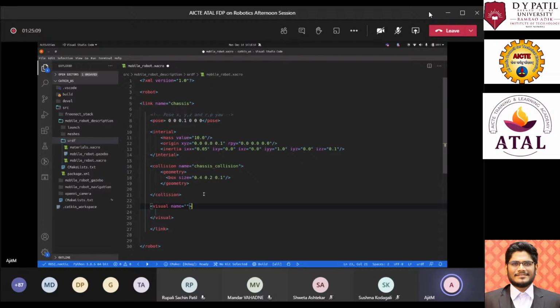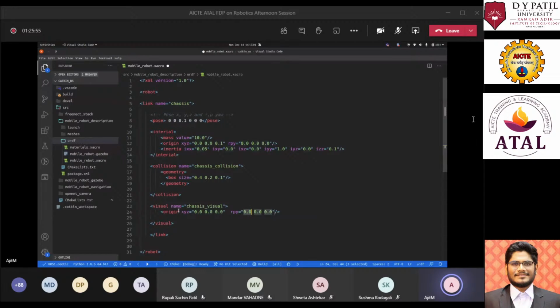Now origin will be xyz, and again there would be rpy, roll pitch yaw. For this visual, I'm keeping it as 0 0 0, because this visual is related to this pose.